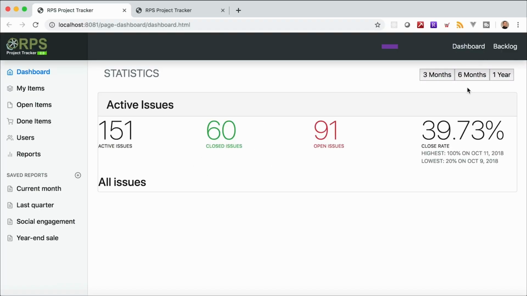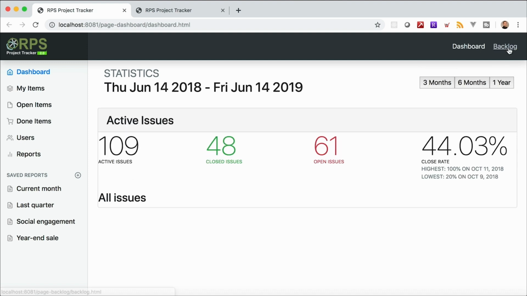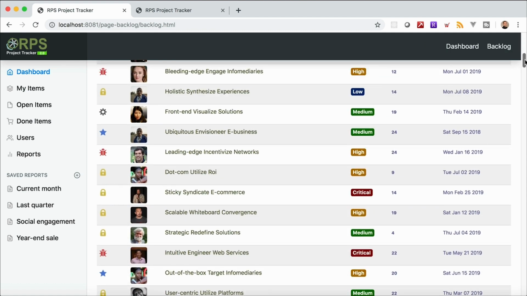The new requirements specified a dashboard page that shows a summary of issues as well as visualizations of the data in chart format, all with filtering capabilities. The existing backlog list of items is good, but now it needs to be presented in a grid with sorting